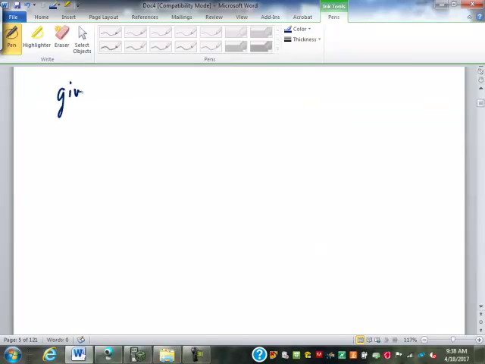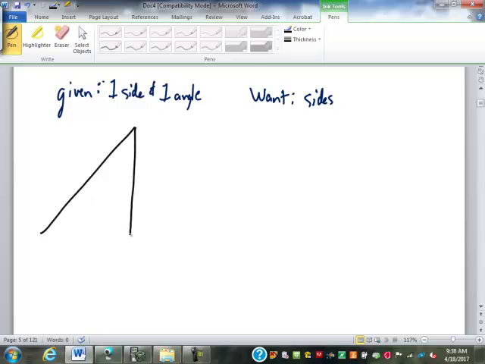What happens if we're given one side and one other angle? Again, assuming that we know that there's a right angle there as well. And we want the 3rd side. Well, we want the other sides. Well, when we're given a right triangle here, if I give you one of the other angles,